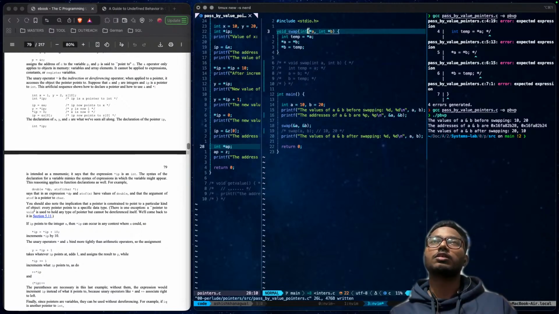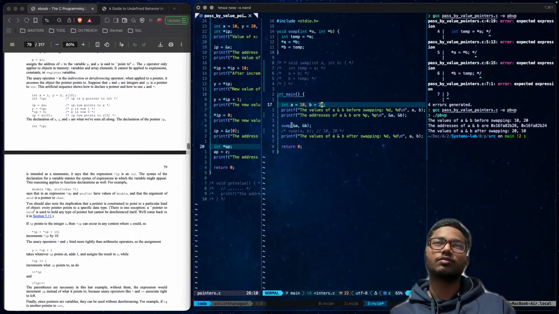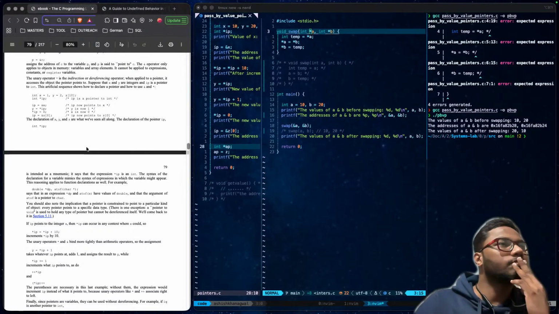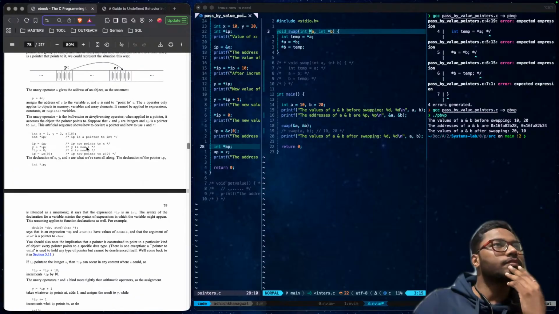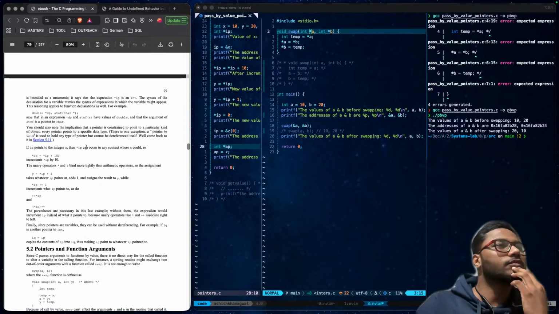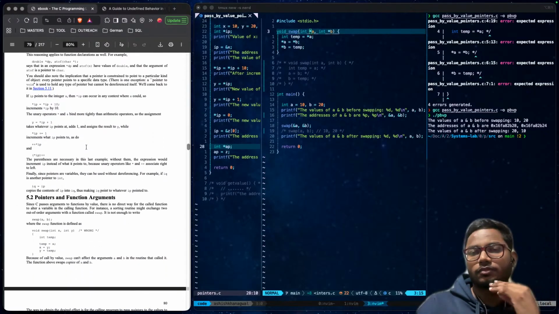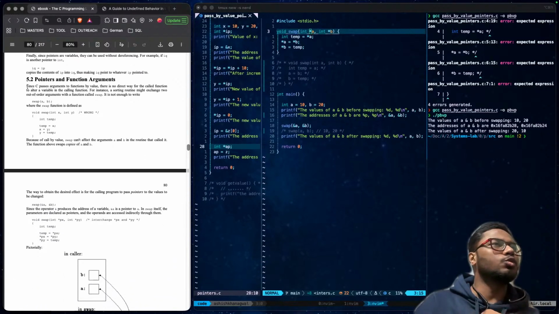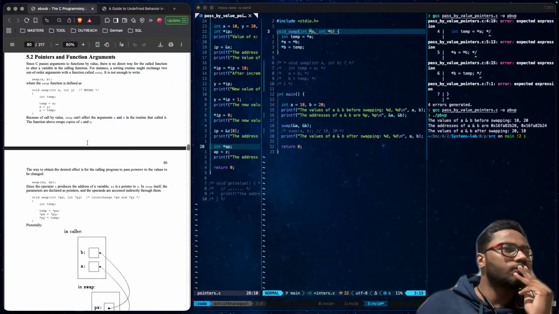Now it will receive the addresses of the variables a and b, and these pointers are pointing towards the address of these variables. So this is what it is trying to teach us, right?